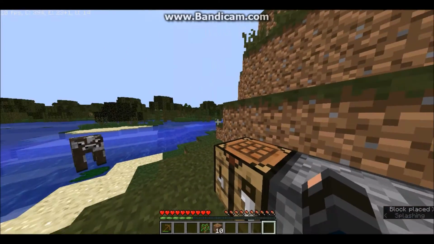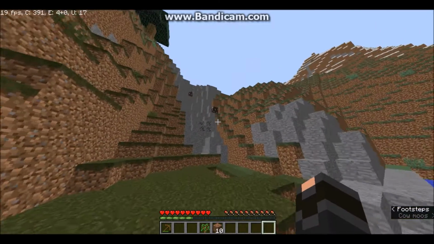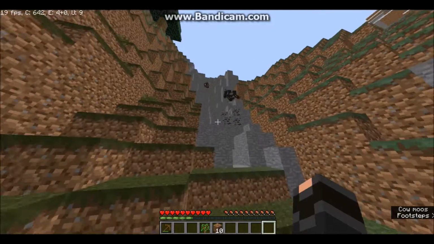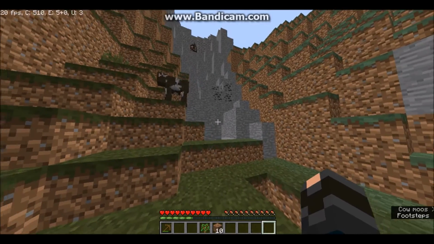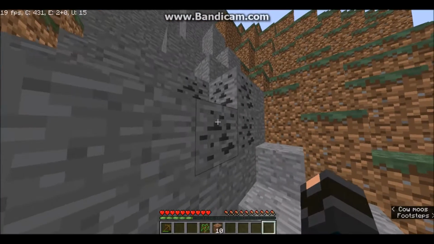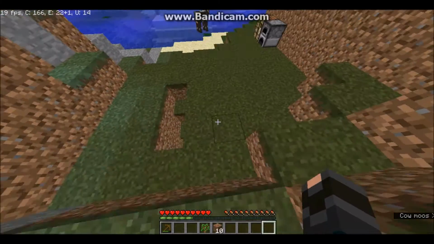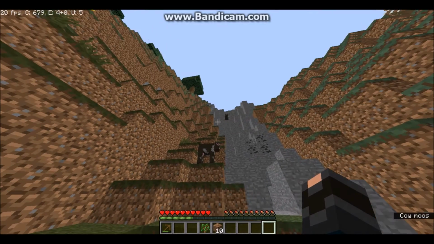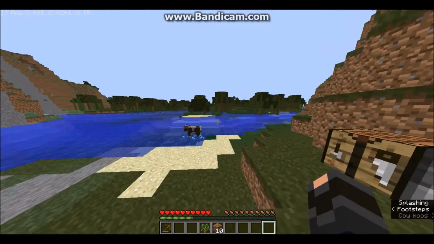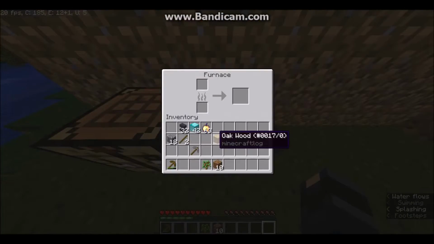Now, from here, you have the choice of doing one of two things. Number one, if you have in fact found coal, then you don't need to worry about anything else. You can just keep on going. But number two, if you are kind of unlucky and you have all the trees in the world but not a single ore of coal, then what I suggest doing is getting